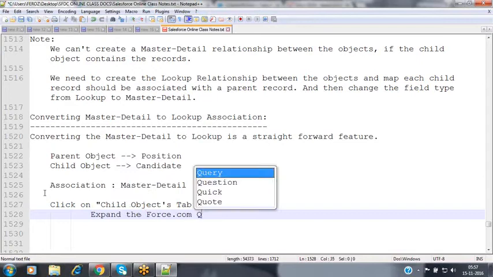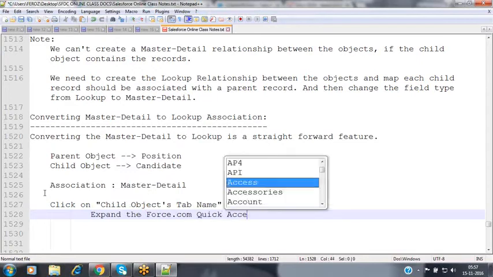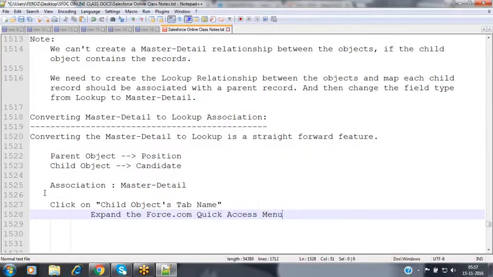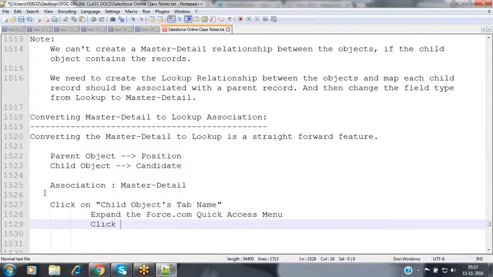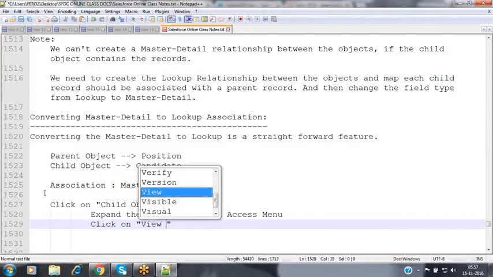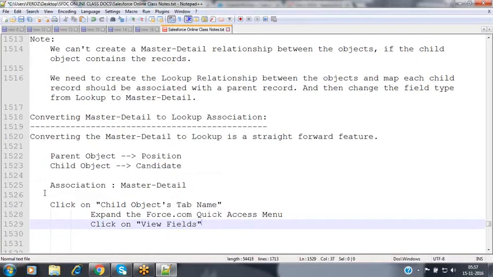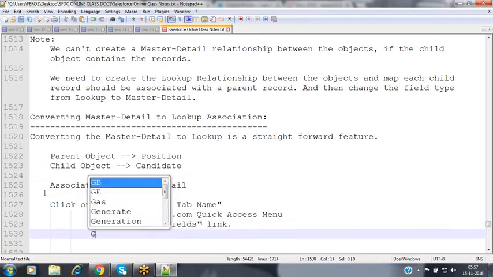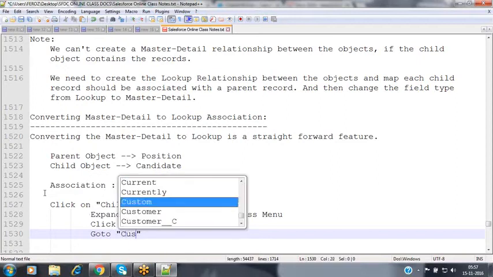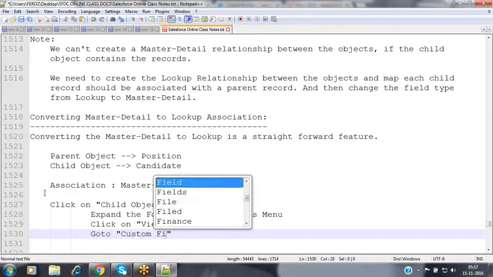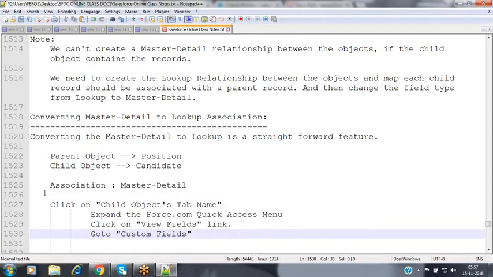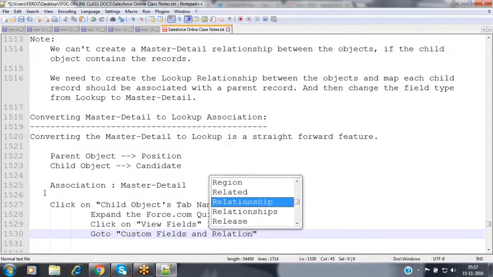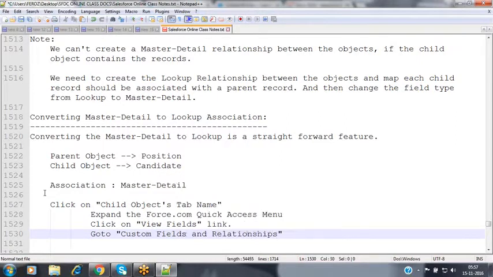Expand the first.com quick access menu. Click on the view fields link. Go to the custom fields and relationships section.